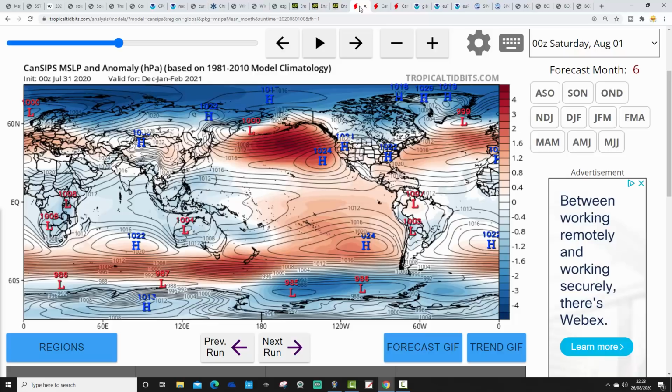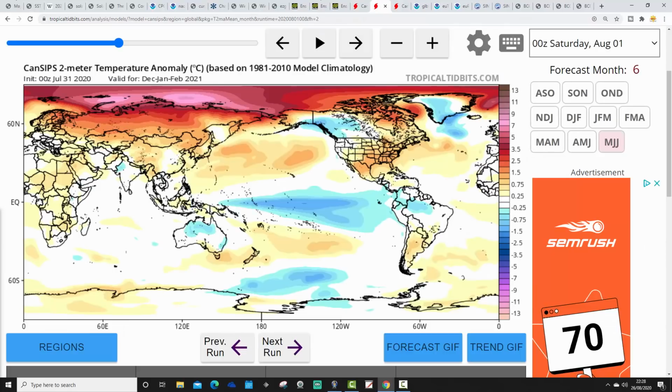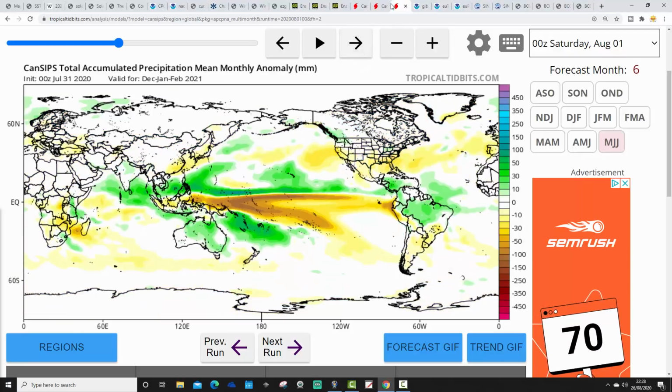Then we've also got CANSIP. So, yeah, this is it. This is the CANSIP's mean sea level pressure anomaly for the winter 2020-21. This one looks rather zonal. High pressure is to the south, low pressure to the north, very much in line with what the UK Met is showing, I suppose. Winds are in from the west. That's another one going for a milder than average winter. Only ever so slightly milder than average, but it is a little bit above average with CANSIP for this winter. And also not as wet as UK Met. Actually, it is a little bit on the drier side, especially so to our south and west.